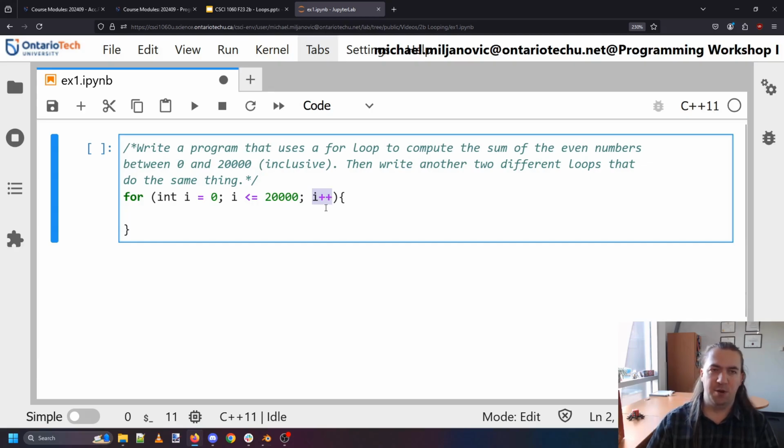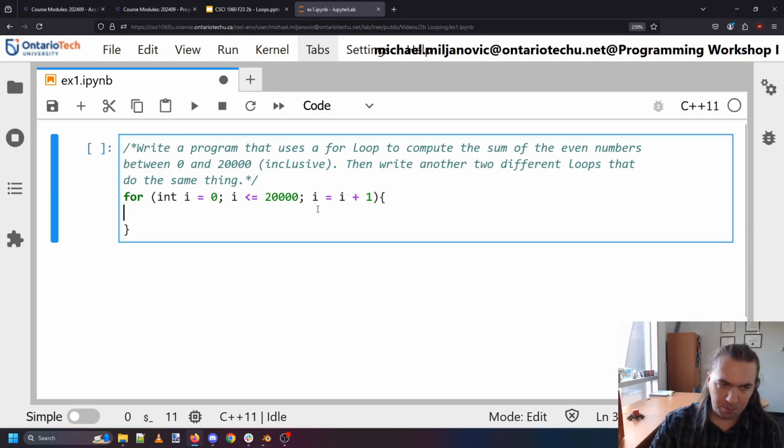And this last part is what happens after the loop reaches the end, which means every time that we go through this little cycle, once we hit the bottom, we say, okay, what do we do next? We increase I by 1. So I plus plus is a short form for I equals I plus 1. They mean the same thing, but you usually just see I plus plus because it's faster. And what this means is I now have a loop that is going to give me a whole bunch of i's. In fact, it's going to give me all of them from 0 to 20,000.